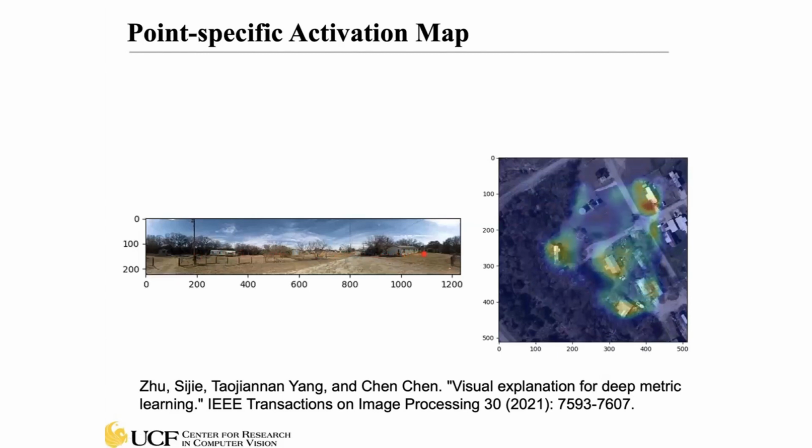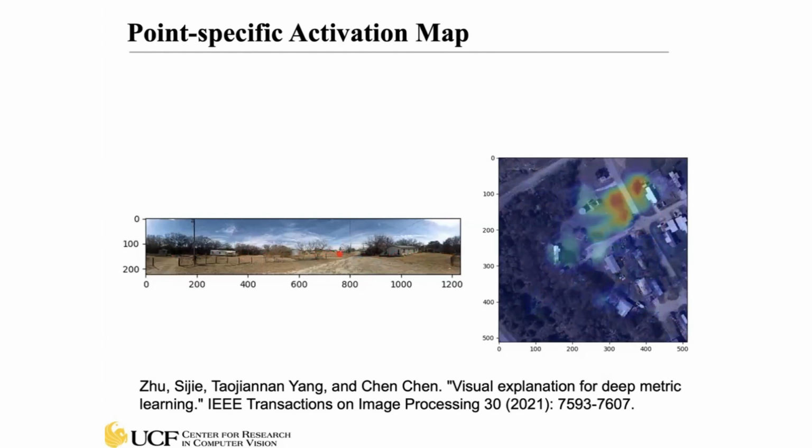Okay, so cross-view image retrieval or matching is one particular application of metric learning. Other metric learning tasks: we can do face verification. We have a query and a reference, and we want to find which face image corresponds to the query, maybe the same identity. We can also do person re-identification, which is also a matching problem. You have a query person, and you want to identify the same person in the reference database. We can use this developed method to explain why these two images are considered a match, and what kind of region is focused on. For person ID, maybe the model focused on a specific item, like a backpack.